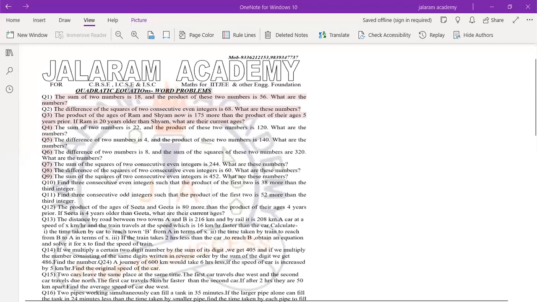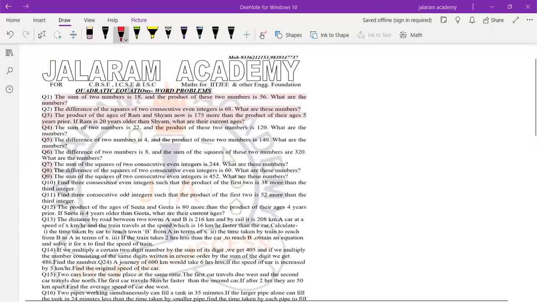In the previous session, students, we discussed the word problems of quadratic equations related to integers. Now some more doubts we will discuss today. First we discussed question 3, question 1 and question 2 in the previous session, and some students have